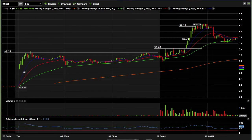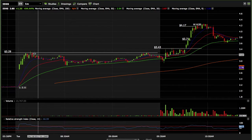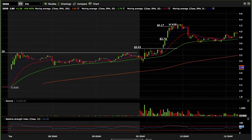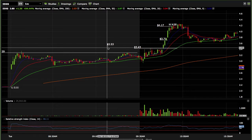So IDXG was moving up pre-market on some news, came in here and put in a top at kind of 329, poked over it, and then again here touched at 329. So I had drawn a line across this and was looking for a 329 breakout. On the open, it actually, oh sorry, this is the wrong chart,